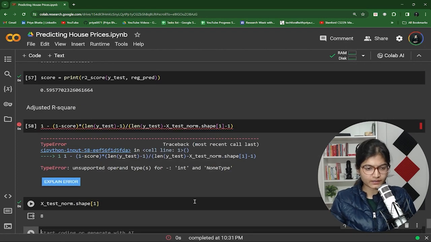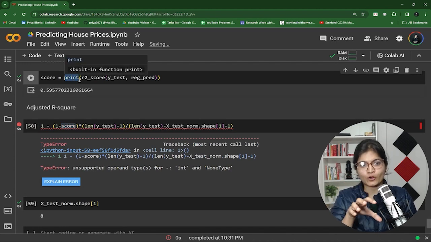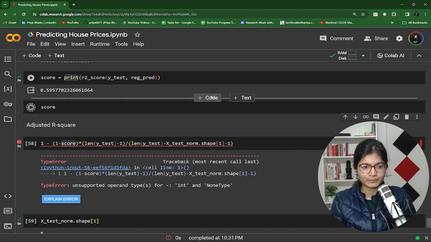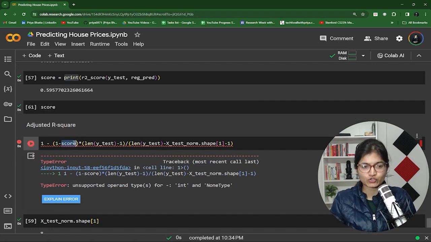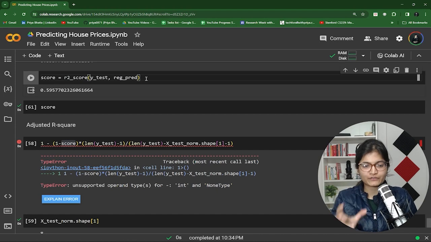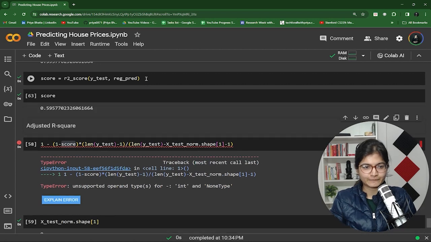So the mistake I am making here is, if you observe, the score variable value is not actually being inserted. So if we print this score, we will not have anything here, right? That is the issue we are facing. The mistake is I just copied it, and that's a bad idea, to copy things. That's why I usually prefer to write it out also. So here now I think the score variable will have some value,